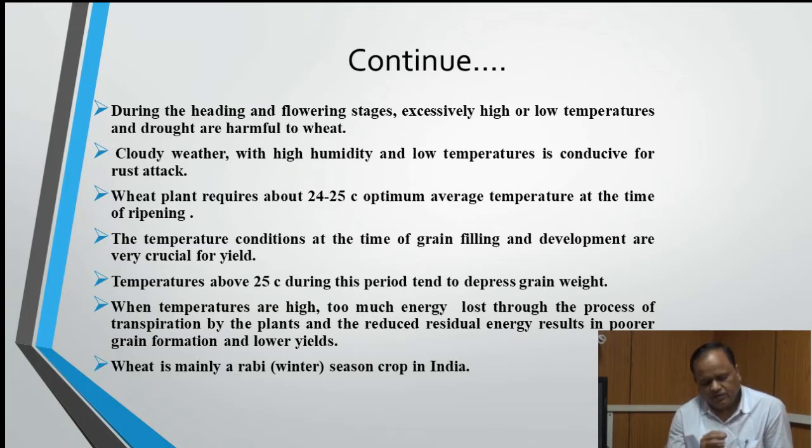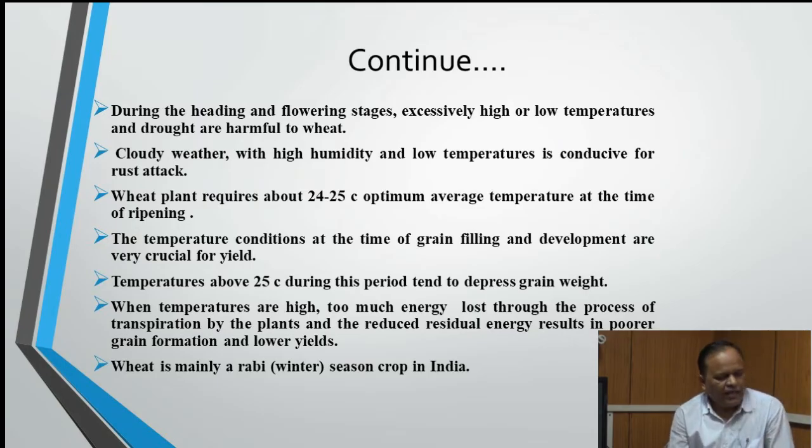The average temperature for sowing is 20 to 25 degrees Celsius. The temperature for tilling will be 16 to 20 degrees Celsius. The temperature for ripening should not exceed 25 degrees Celsius, and 22 to 25 degrees Celsius is very conducive for the ripening